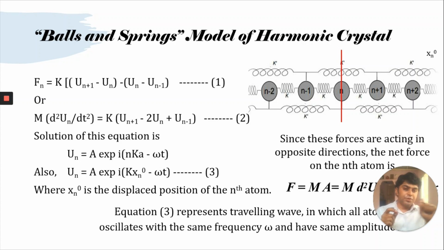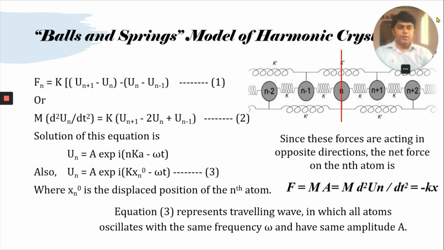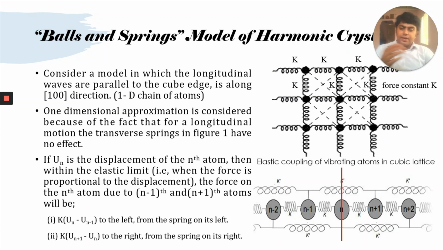Hence the longitudinal part is being considered. So force equal to m into a, I can write it as m into d square u by dt square. Now you can see force equal to mass into acceleration, where m d square u by dt square is equal to minus of kx. Now, if I go back to the condition where we have the left side as well as the right side,